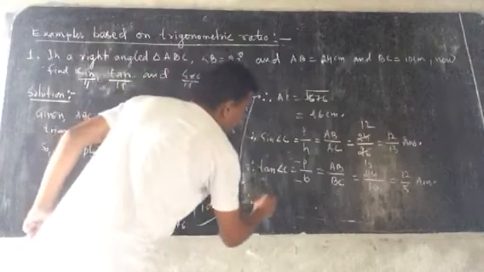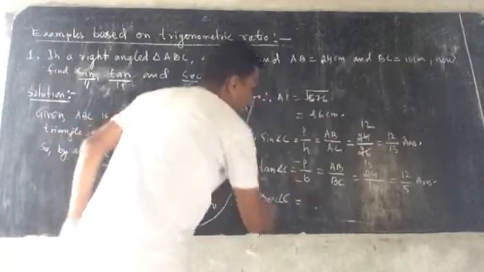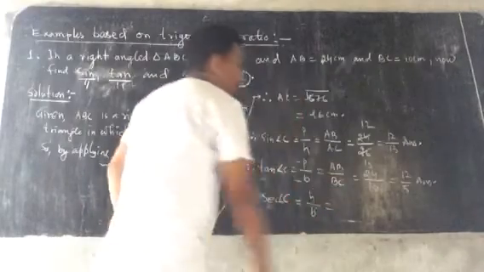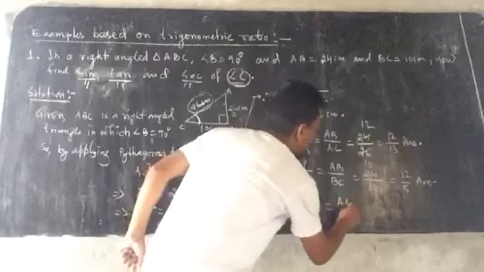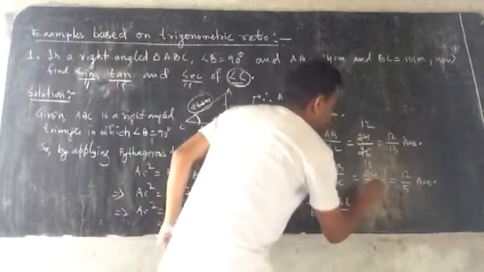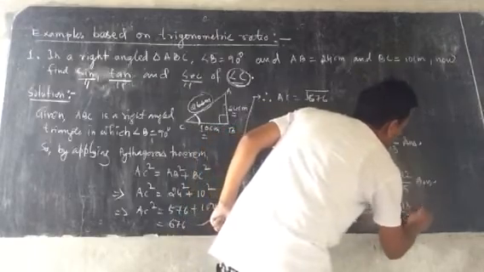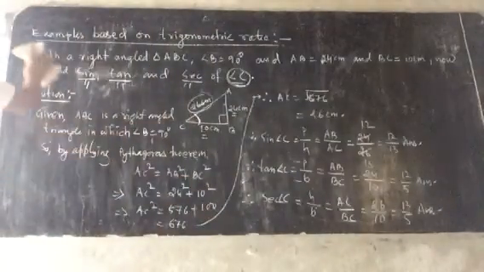So the third one. What is to find? Sec of angle C. So you have to write sec angle C equal to. The sec formula is H by B. For angle C, H is AC and B is BC or CB. AC is 26, BC is 10. It is now 13 by 5. So this is how we find the ratio. You copy it.